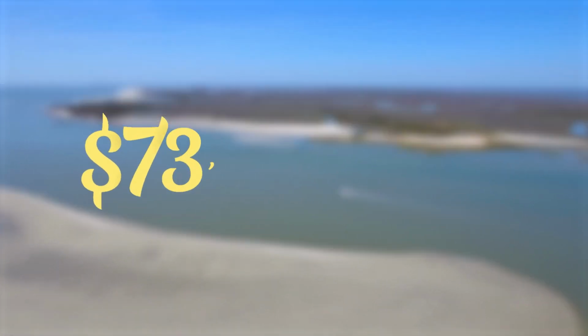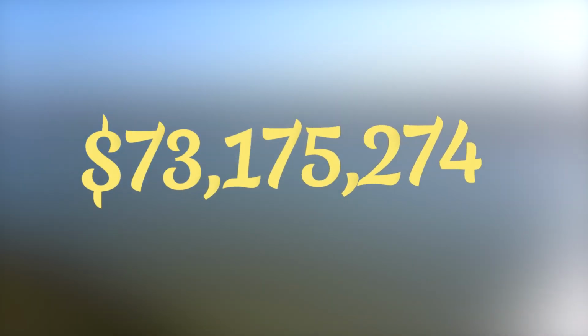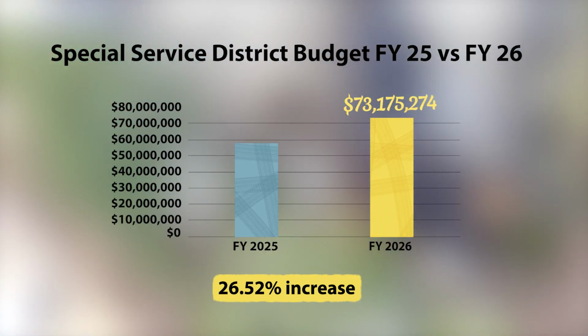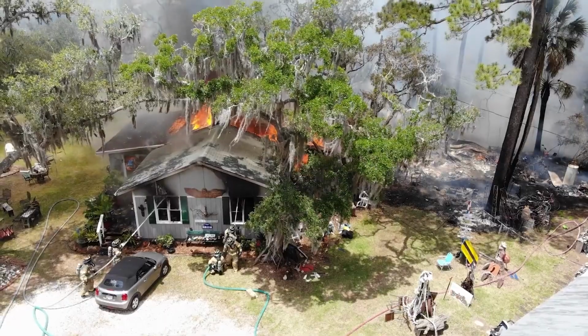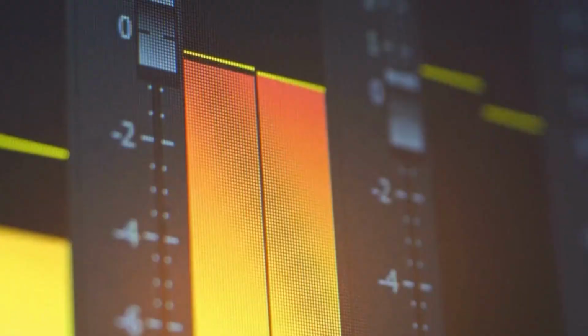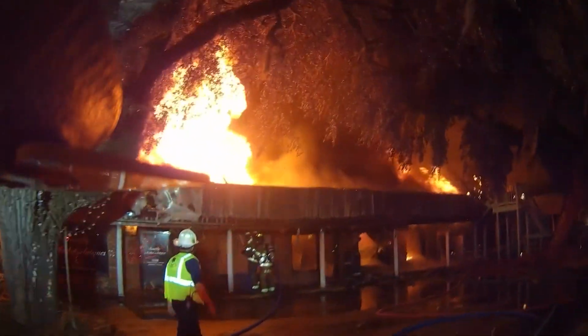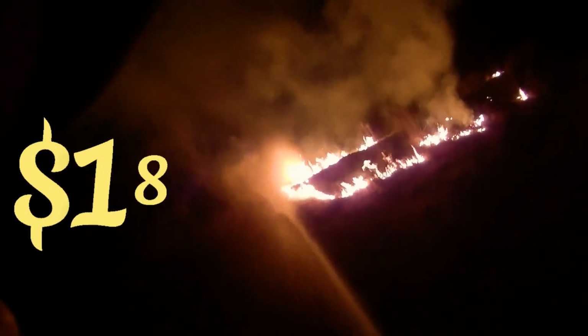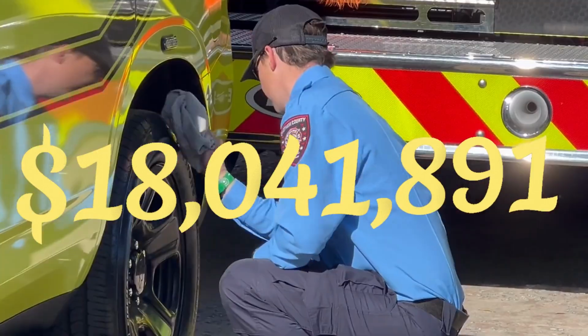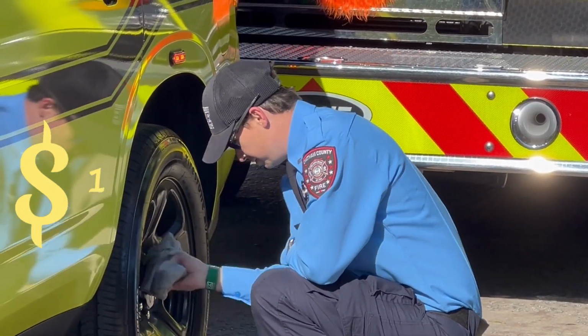The Special Service District budget this year is $73,175,274, which is a 26.52% increase over last year. This reflects the elimination of the fire fee, which was the funding mechanism for fire services for the past several years. Now residents of unincorporated Chatham will pay for fire services with their property taxes instead of a separate bill. The Chatham County Fire Department will be funded for $18,041,891,